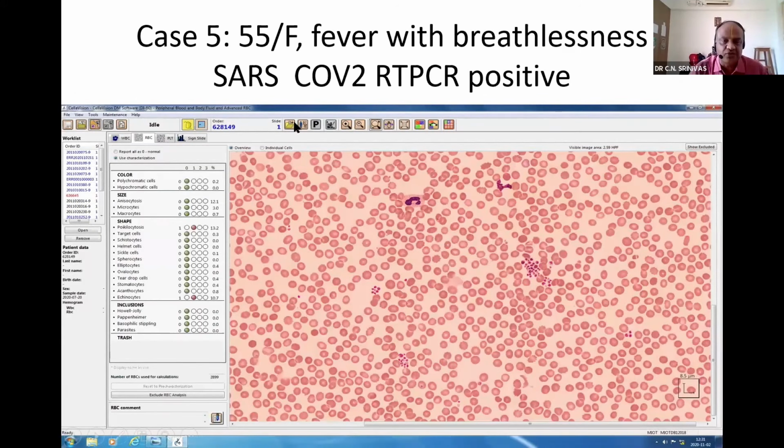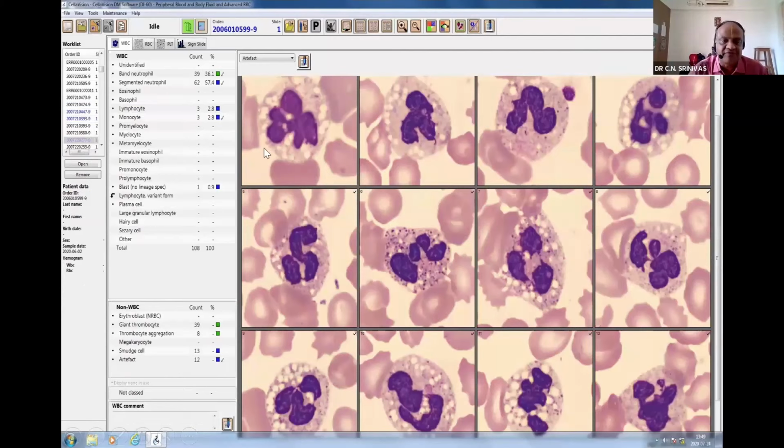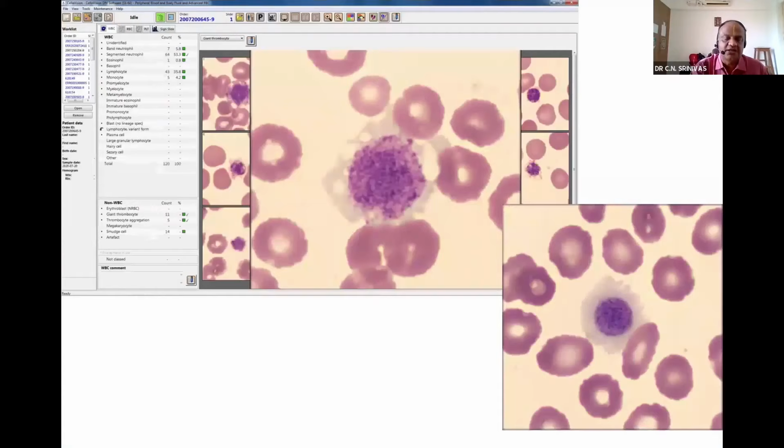A 55-year-old lady who had RT-PCR positivity, where you had satellitism of the platelets over here. And the neutrophil shows beautiful vacuolations in this, and you had toxic granules in these cases. So the pictures of the neutrophil changes during the COVID pandemic were very well given by the digital imaging system, so that we were able to help the clinicians in a better way. And this was one of the megakaryocytes in the same case, where it shows vacuolation.